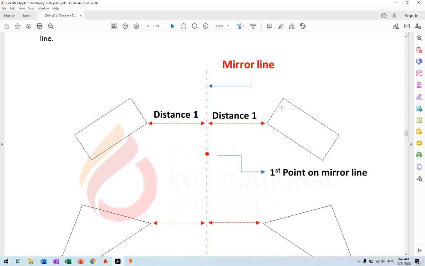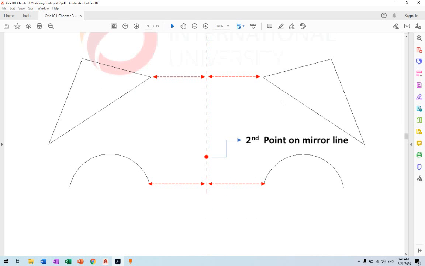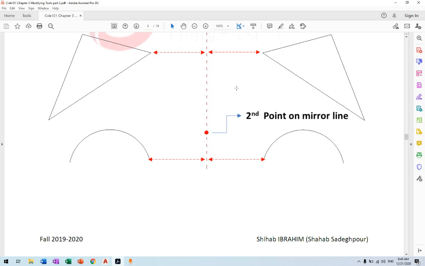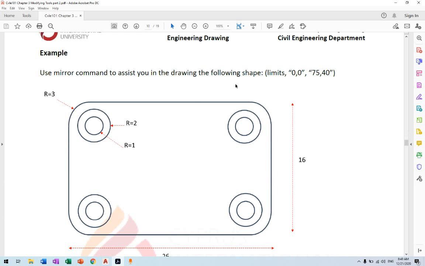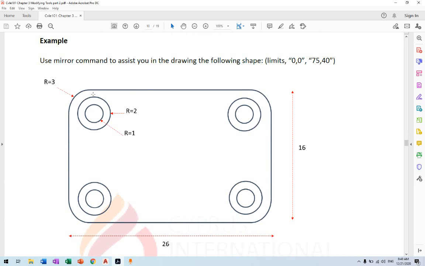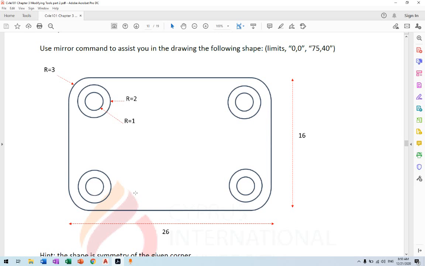Now how do we know we need a mirror line? It's basically by looking at the drawing and seeing similarity, symmetrical shapes. We said that we can use copy, but we can also use the mirror command. Now I'm sure you've done this one. It's one of the practical examples. Now this time I'm going to show how we will use mirror to make this